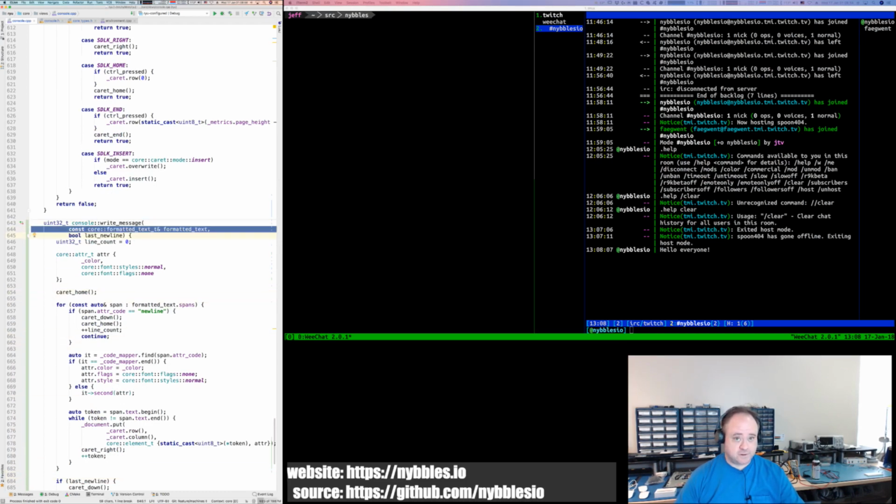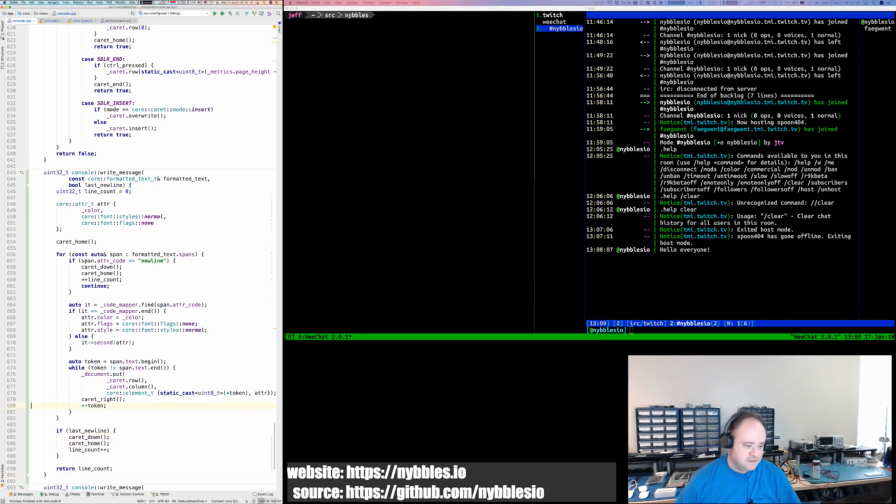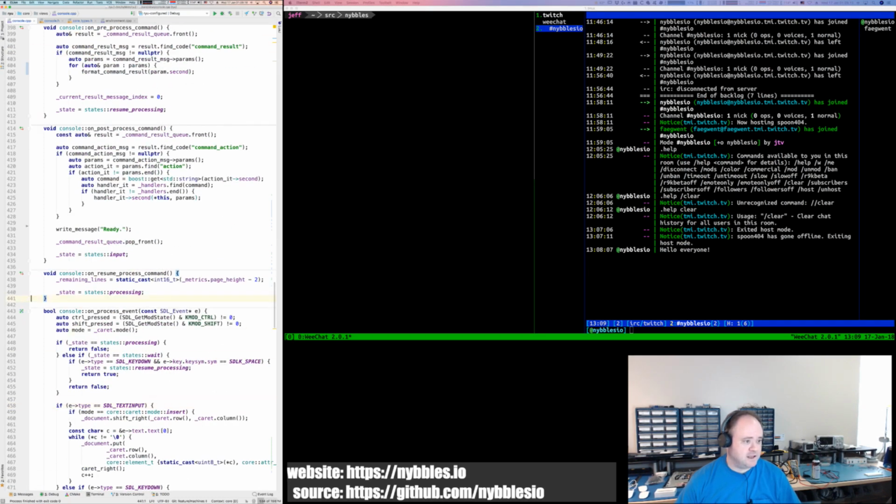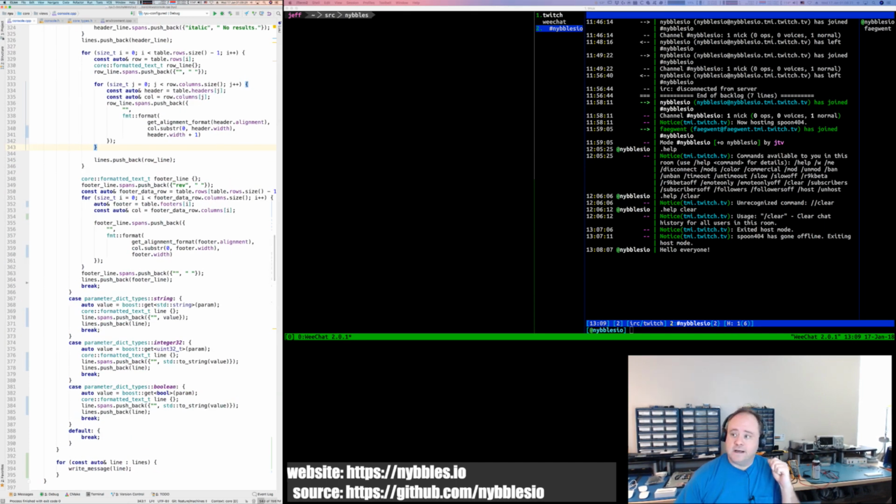format text structure. So that means that from other parts of the code now, where we already have a formatted text T, we can just call this, and we don't have to go through the parser every time, which, you know, made totally obvious sense when I saw the code and started thinking about it. I'm like, oh yeah, we should do it that way. So I made that change. Let's see here. Okay, so then I think